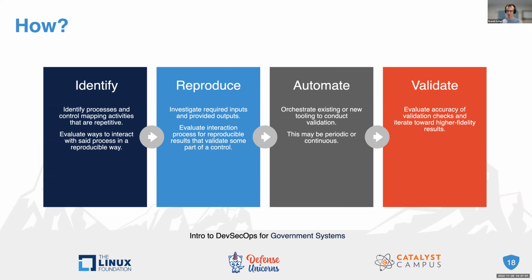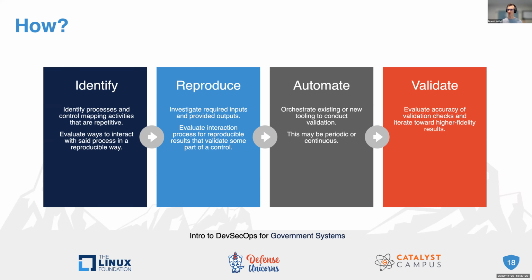space forward. We make progress and we start to say, okay, if I can prove out that it needs to return this set of information every time, and if it doesn't, then maybe that's an indicator that I need to look at either the fidelity of my automation or that the compliance for my system may very well have changed. And then start to validate. And this needs to be a continuous process. It needs to be like a continual workflow for building out validation.